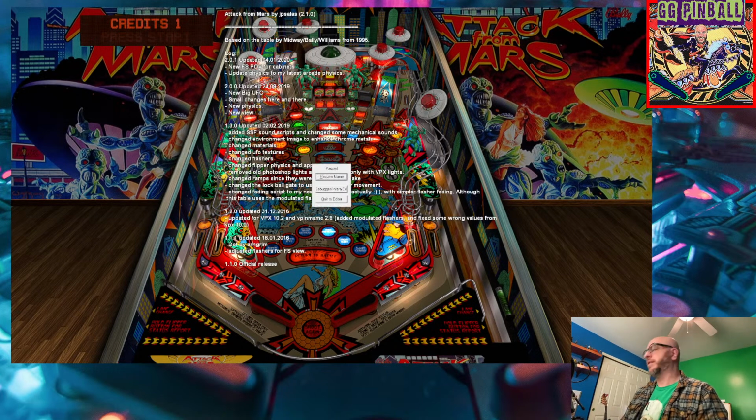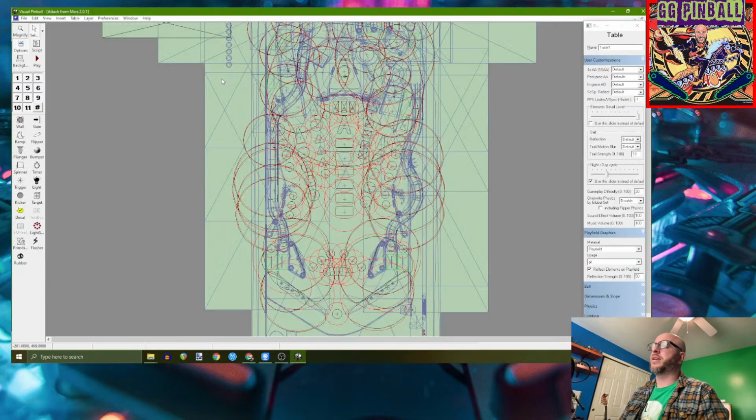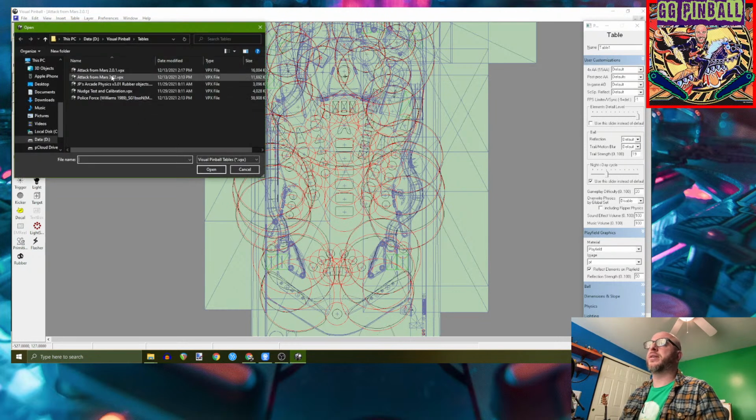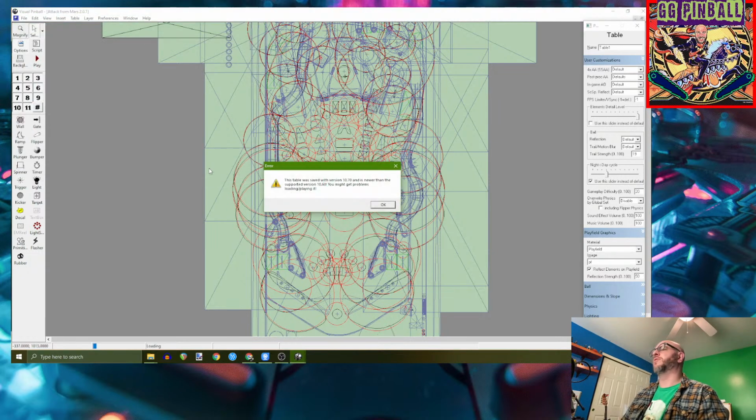Now, we're going to exit out of here real quick, and we are going to talk about beta and 10.7, because like I said, there are a lot of files out there, and it could get quite confusing quite easily. So, like I said, I had downloaded also Attack from Mars, the 10.7 version. That is this one here. I want to open for you, and I want you to see what happens, so you don't freak out if this happens. Now, right away, it's going to give you this error message saying that it was saved with 10.7,